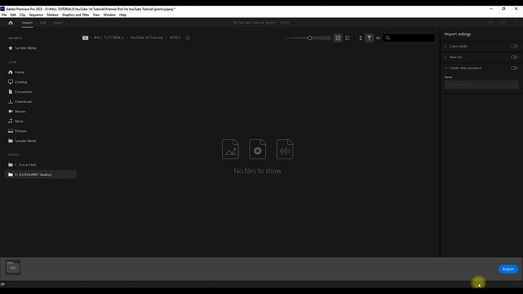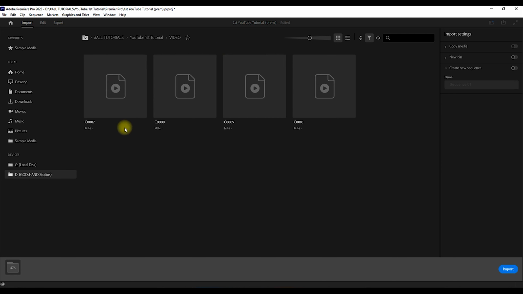Notice that back in our video folder it is displaying no files to show. Now be careful here. Remember that in our last importation section, we selected that we only want to see audio files. And in our video folder, there are no audio files. So that's why it's showing that there are no files to show. But if we select all supported files or video files only, we can now see the list of video files we wish to edit. So we can now select all of them and import.